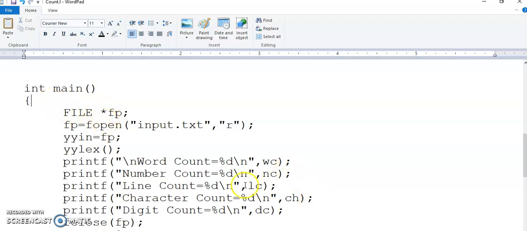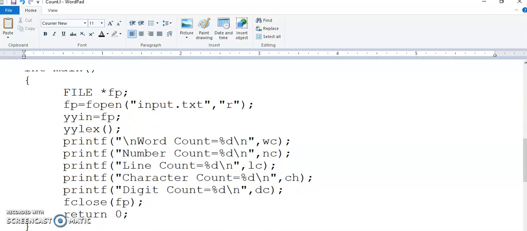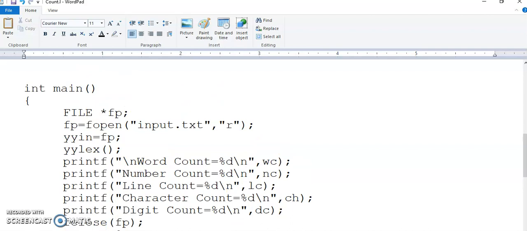Now, you can take the input for this LEX program directly from the standard input device, that is keyboard. But as we are taking the input from a file, you have to use a file pointer and open the file. The file is input, so you have to open the file in the read mode, and then YYIN is set to FP.